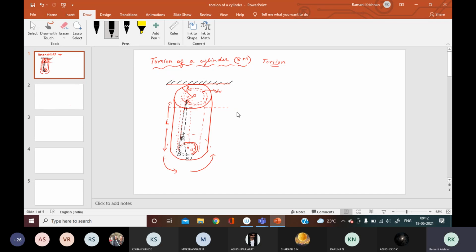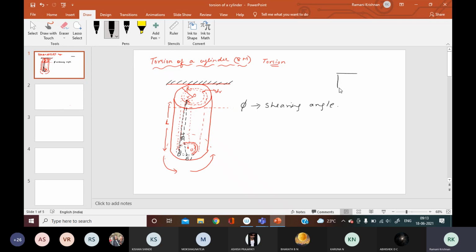So now tell me, what is phi called? The body has got twisted through an angle phi. Phi is a symbol we used before also. When the body is sheared, there we saw theta. Now the angle through which the body is sheared is called what? It is called shearing angle. What is phi called? Shearing angle.